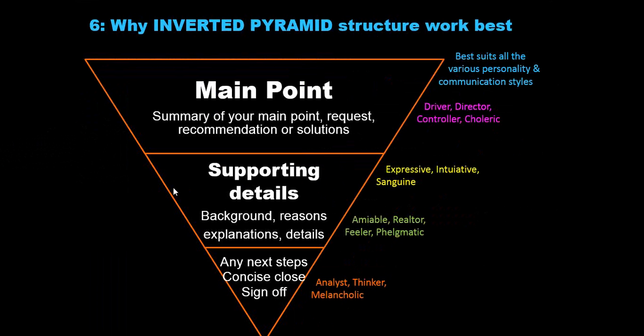So by putting your main point up front, firstly, they're more likely to get it, but also it suits all those different personality styles that we were talking about earlier. Your director, driver, controller, leadership style personality who just wants the facts can read the main point and bang, make their decision and give you what you want, or give you your answer or take the action. Your analyst, thinker, melancholy, perfectionist style personality who wants to know who, what, where, why, when, how much, well, they can read the whole of the email and then they'll do what you want. And other personality styles can tune out when they've got as much information from your email as they need to do what you want them to do,